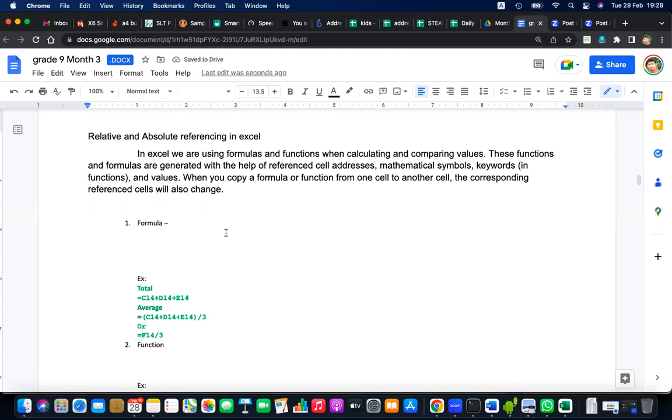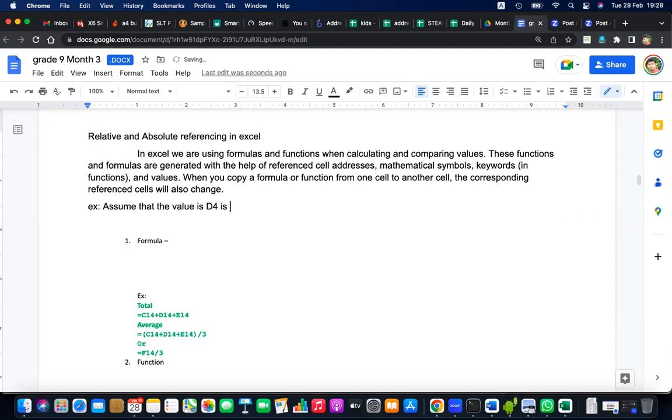Corresponding reference cell will also change. Example, assume that the value in D4 is generated with the following formula, equal